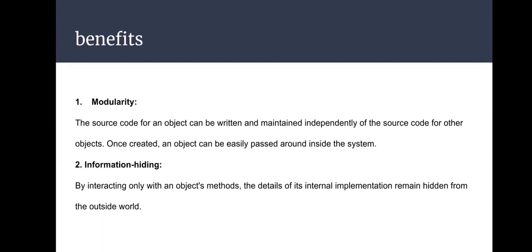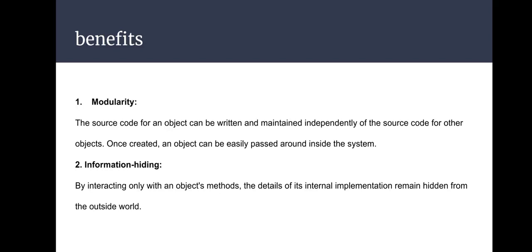The benefits of objects: the first one is modularity. If we use objects, then we are implementing object-oriented programming, and the main feature of object-oriented programming is that it provides us modular programming. In that, we can divide our problem into a number of objects, and we can treat these objects as modules, because a module is very easy to write and we can easily maintain them.